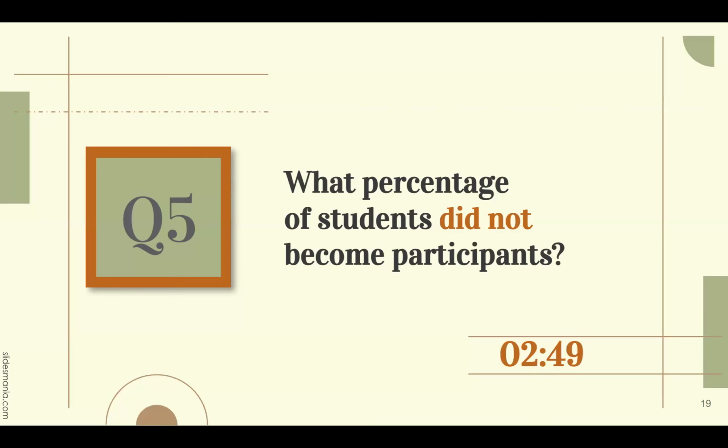If your program manager came to you and asked, how many students come and then they never become participants? What percentage is that? If you're just flummoxed and don't know how to answer, you can put that in. You use table A, start with enrollees, and then run it for participants. You have 31% enrollees. Good move, Ruthie. And you just took the difference in the numbers.